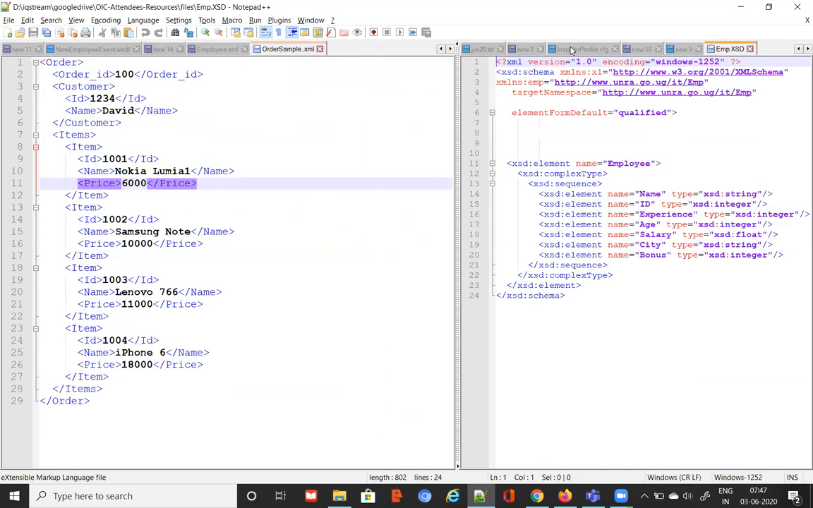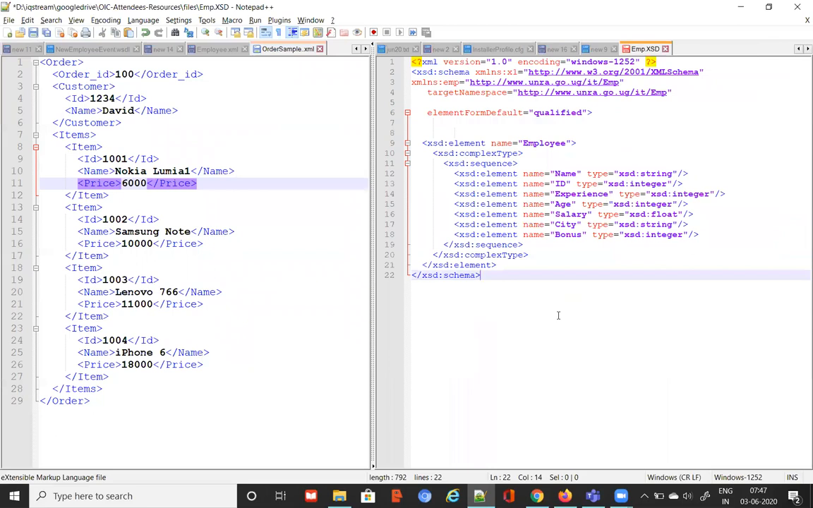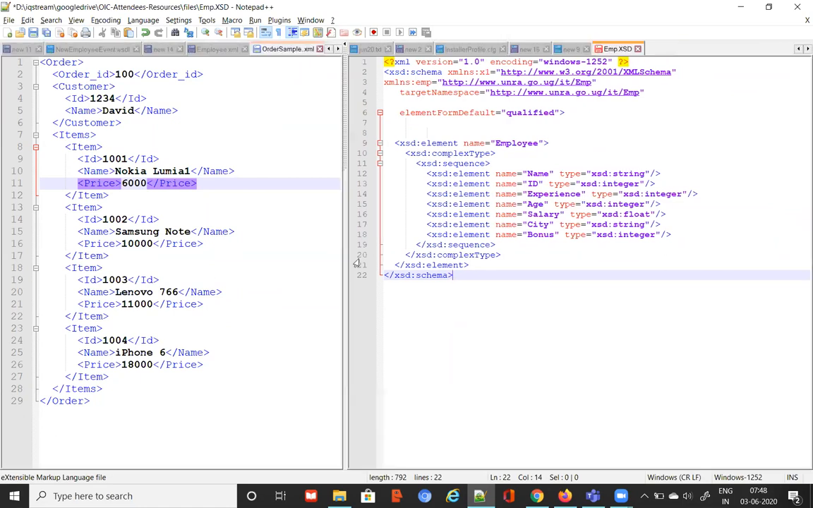Let me put this on this side. Let's try to understand this document. Is this clear? Is it visible? Do you want me to make it a little bigger? It's okay, right? If not visible, just let me know. So here,